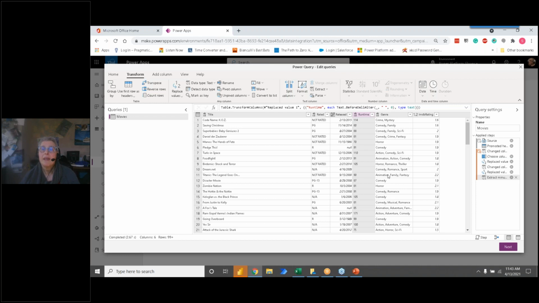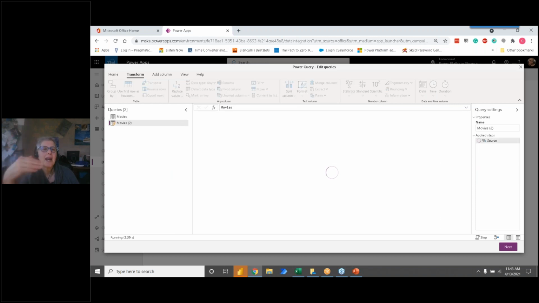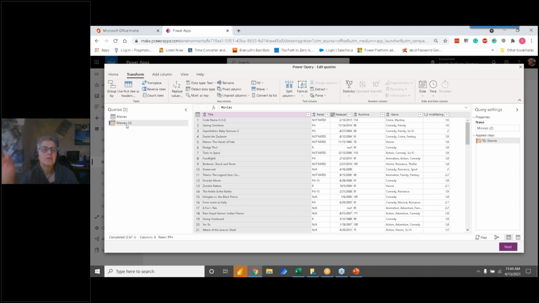All right, and then that is all I'm going to do with this query, but I have to create the other two queries. So I'm going to come over to the queries and right click to get the context menu, and I'm going to use this command called reference. All it's going to do is take this query at the last step and copy it. It's not really a copy, it's a reference. So I'm not actually storing this query again. You'll notice there's also a duplicate. Duplicate actually duplicates all the steps, and you can edit the steps in the new query, but I don't need to do that in this one.